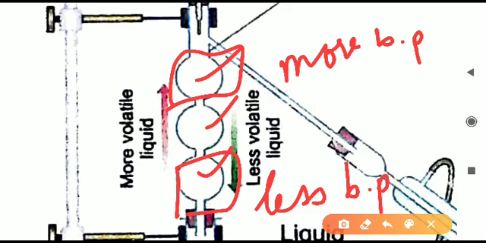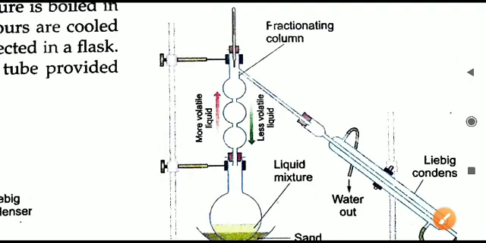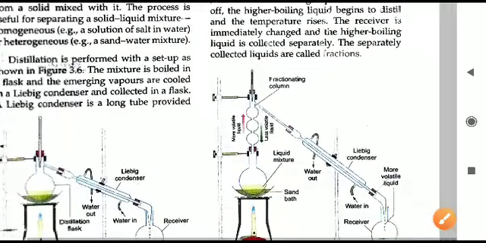जिस भी substance का boiling point कम है वो पहले separate हो जाएगा. जैसे जैसे boiling point increase होता जाएगा, different liquids will come out separately in different fractions. All will separate in different fractions. Here in this particular diagram 3 fractions are given, so we can separate 3 different fuels or liquids in this method. So this is the setup.